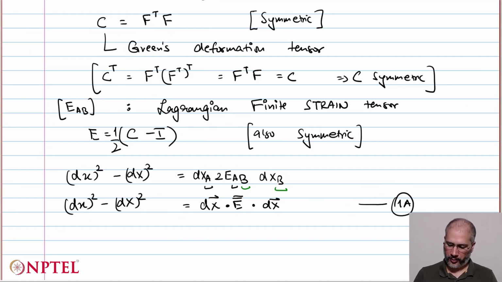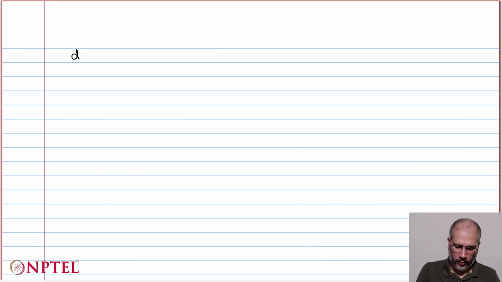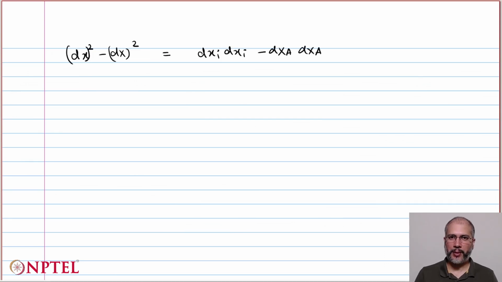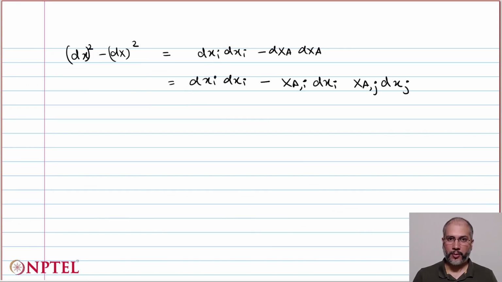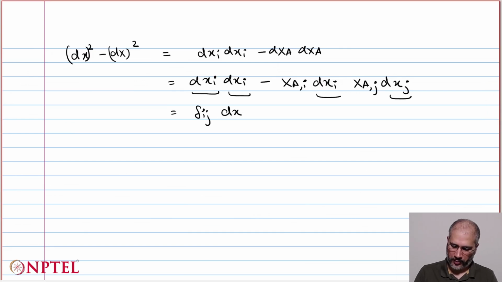Right, so we have defined the Lagrangian strain tensor now. While calculating this scalar measure, we could also start in a different way, in the sense that instead of writing everything in terms of capital X's on the right hand side, we can express things in terms of the small x's. So you notice that we have used this F inverse in this case as we had done the last time. So now everything is in terms of dx_i's. In the first term, I multiply that by a delta_ij to bring it to this form, dx_i dx_j minus X_A comma i times X_A comma j times dx_i dx_j. So this simplifies to